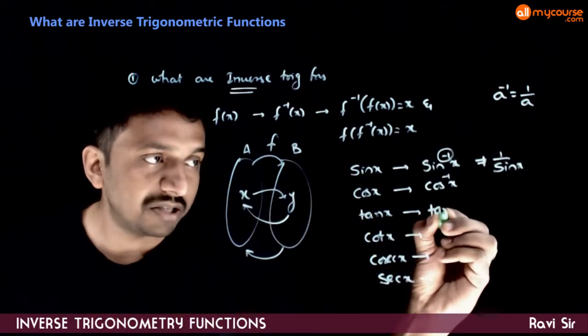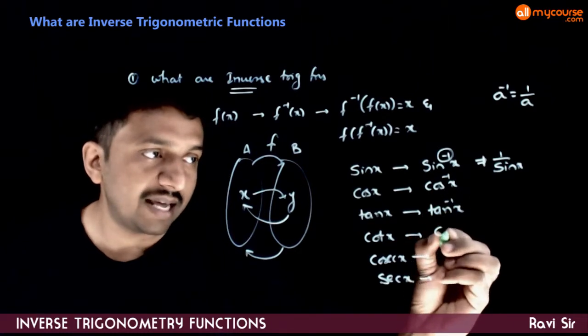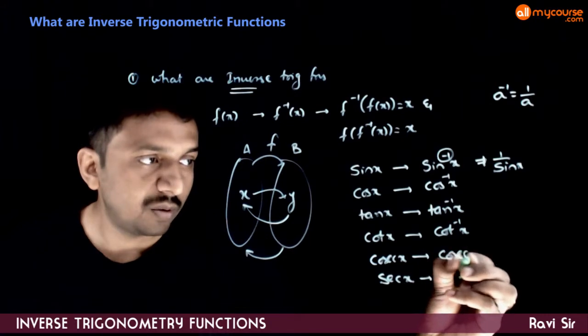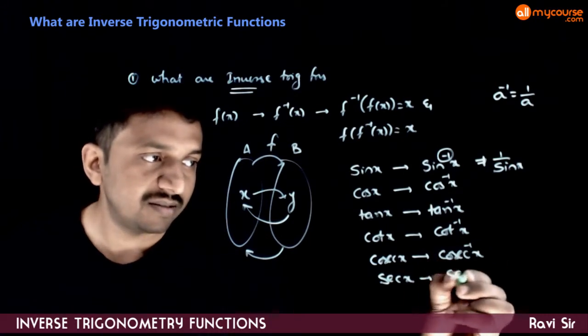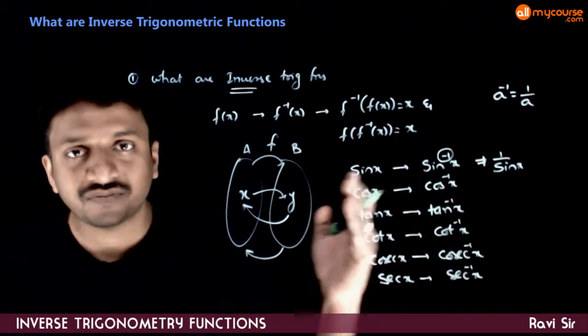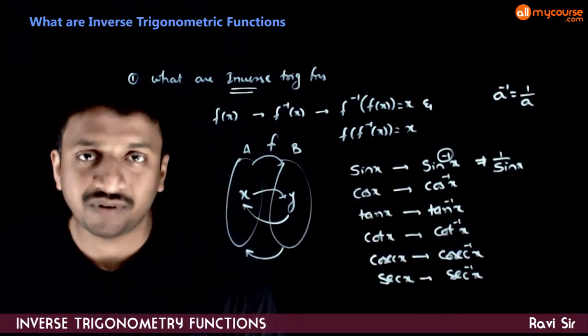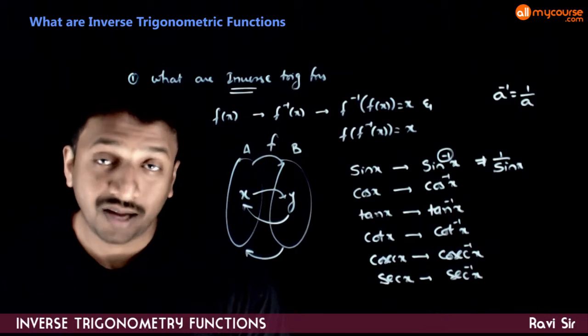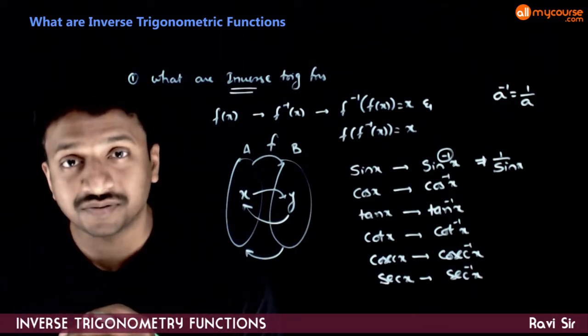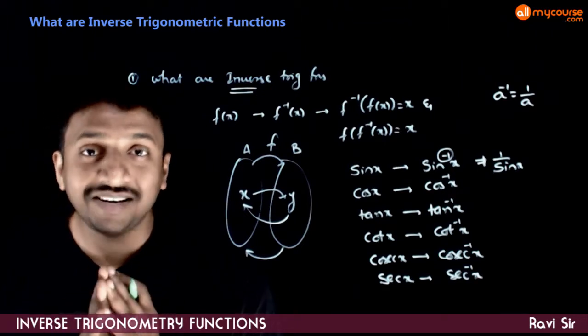Similarly, you have functions tan inverse x, cot inverse x, cosecant inverse x, secant inverse x. These are the inverse functions to the trigonometric functions. Now, what is so special about inverse trigonometric functions? The specialty is that